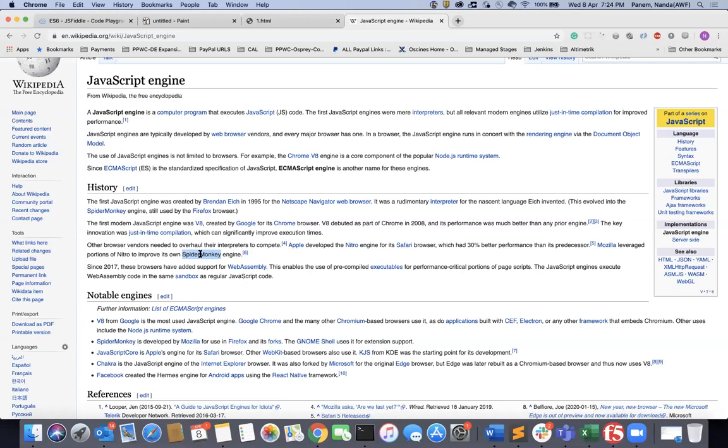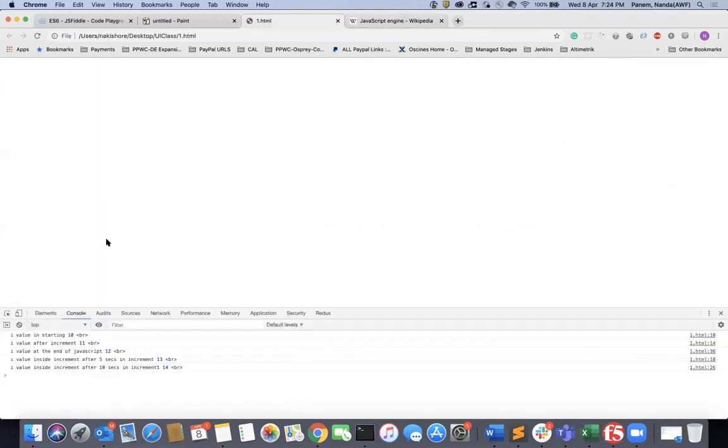So what is Node.js? Node.js allows you to run JavaScript on the server side. As of now, you are executing JavaScript in your local browser. But Google created the V8 engine, and based on this V8 engine, it created a runtime called Node.js. By using Node.js, you can create JavaScript applications or execute JavaScript on the server side. Got it?